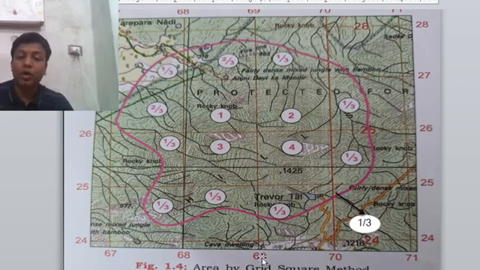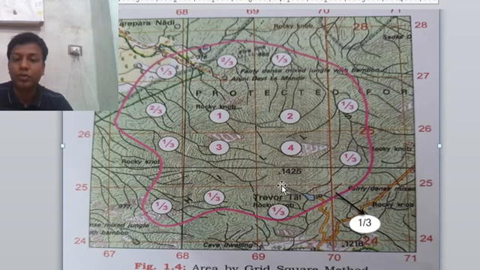So 699 is the 6 figure grid reference of easting. And what about northing? Northing is from here 25. If you count 1 2 3 4, it is almost 4 here. So 699254 is the 6 figure grid reference. I hope this makes sense and you understood well.